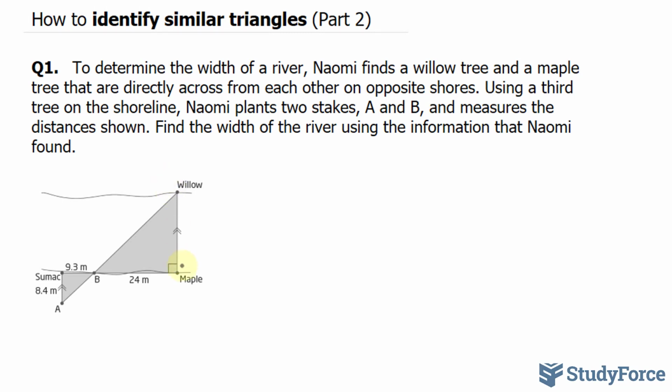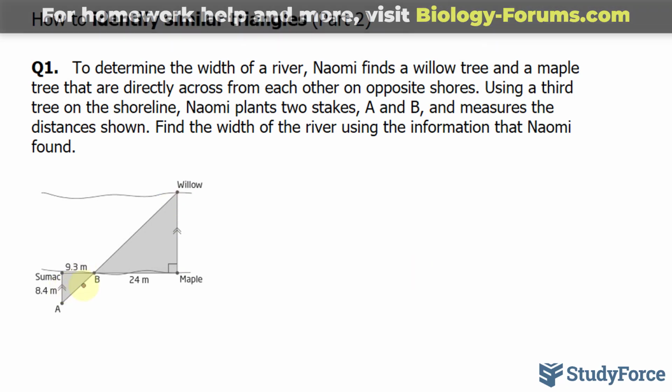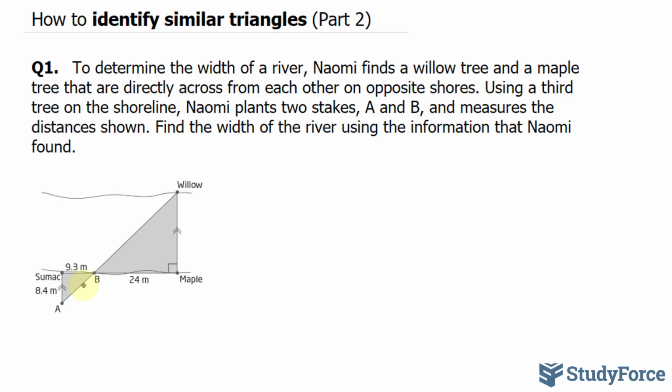So we want to find out the distance from the maple to the willow tree. Let's start by showing that these 2 triangles are similar, and only if we can show that can we start to compare the sides. Now I know that the angle here and the angle here have to be the same because they're opposite angles. So I can write down that angle SBA is equal to angle WBM. That's one proof. Another thing that I can say is that this angle and this angle are the same. This is 90 and this is 90. So I'll write down angle BSA is equal to angle BMW,